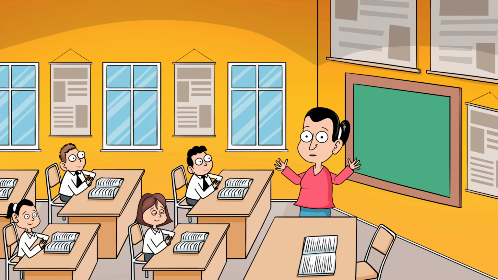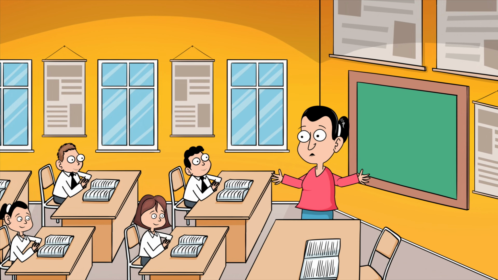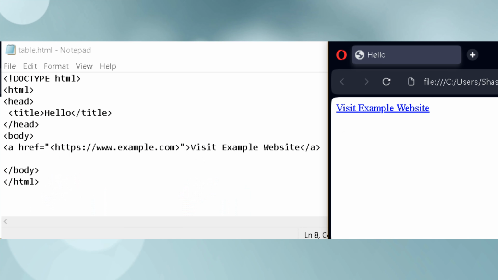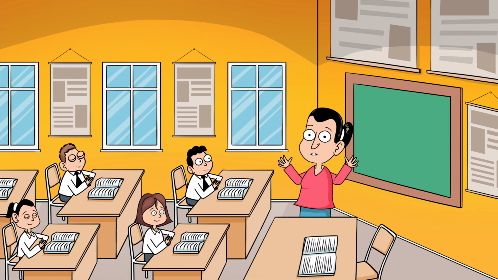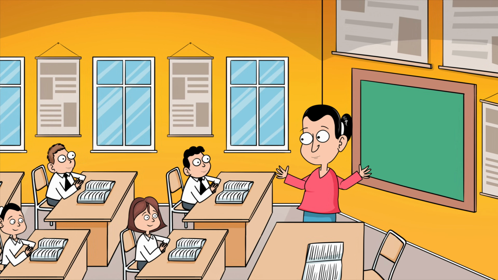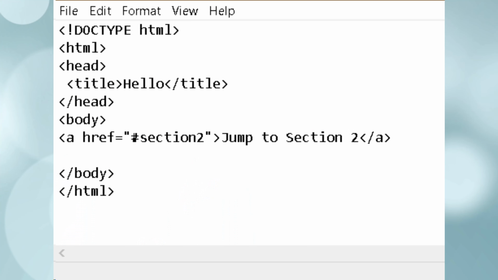Let's move on to hyperlinks. Hyperlinks are created using the a tag. Here's an example. We can also link to specific sections within the same page using anchors. For instance,